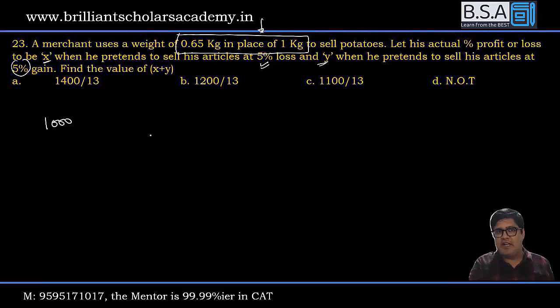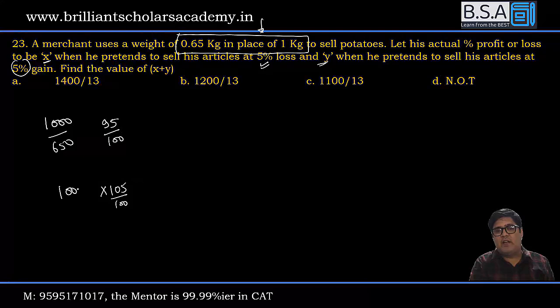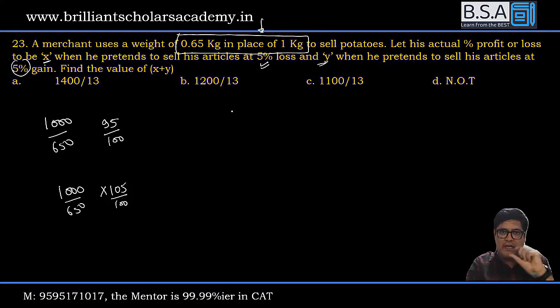कैन आई से व्हेनेवर समबडी क्लेम्स मैं 5% प्रॉफिट नुकसान ले रहा हूं, तो ही इज मल्टीप्लाइंग दिस विद द कॉस्ट. When he says I am making profit from you, so he is multiplying what? He is multiplying this with the cost. So I'm applying chain rule. There are two transactions. One is behind the scene, घोटाला in the quantity. दूसरा आपके सामने कह रहा है सर मैं तो 5% नुकसान ले रहा हूं आपसे, बट एक्चुअल में इट इज समथिंग डिफरेंट। थोड़ा ध्यान देना।